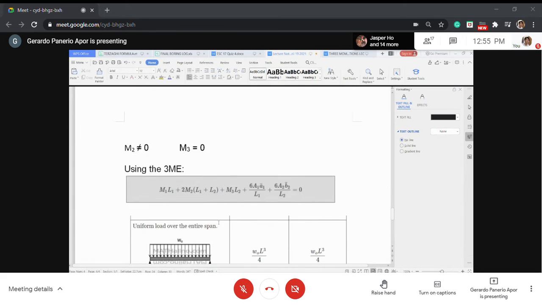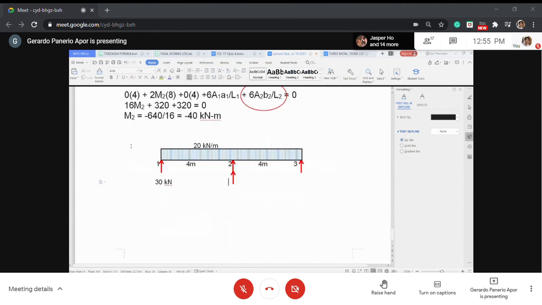Oh yeah, 50. So the first 50 is for segment 1, 2, and the second 50 is for the 2, 3. So basically this is 100 kN. No? They are all of the same direction. Then the other one is 30 kN. Now we can do the